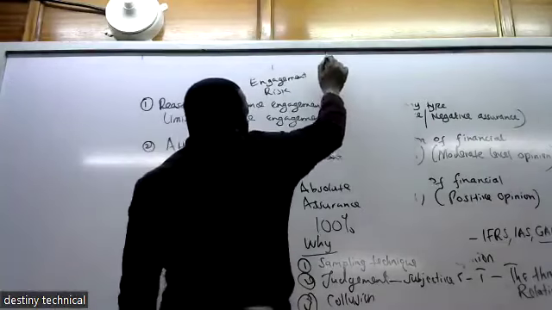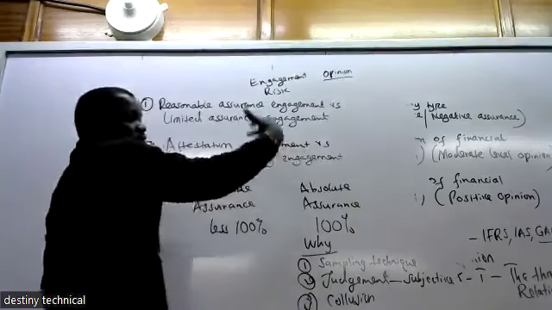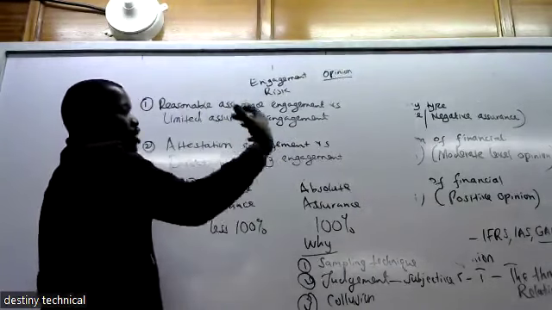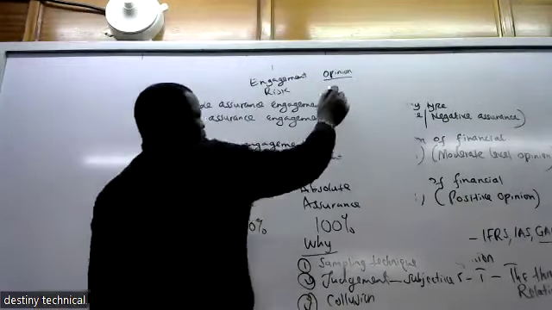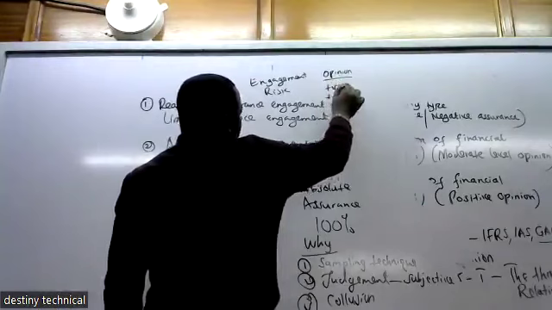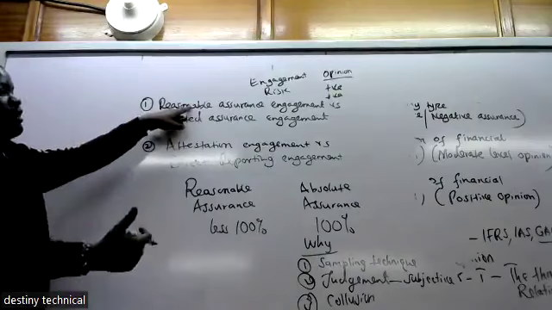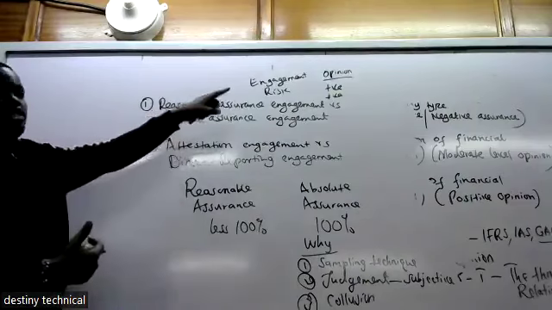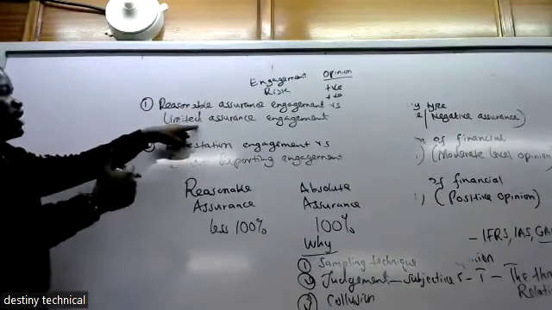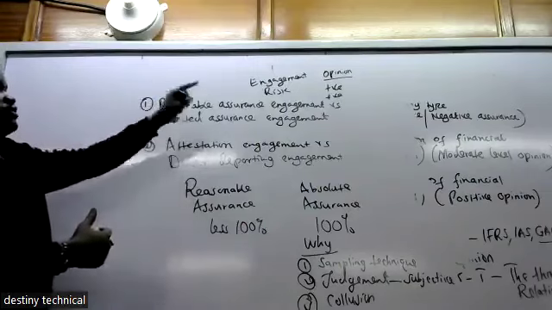The other way is in terms of the opinion normally expressed. If someone reduces that particular risk by collecting sufficient appropriate audit evidence, we should be able to conclude about the subject matter, either stating a positive opinion or a negative opinion. For reasonable assurance, we reduce the risk to a low level as the basis of expressing a positive opinion. For limited assurance, we reduce the risk to a low level, but normally greater than the risk under reasonable assurance, as a basis of expressing a negative opinion.